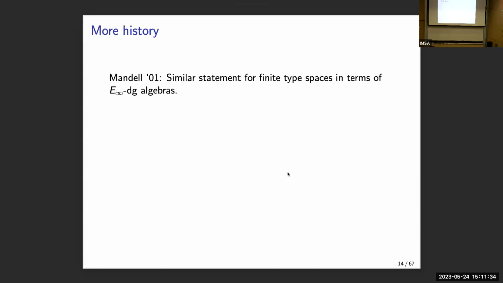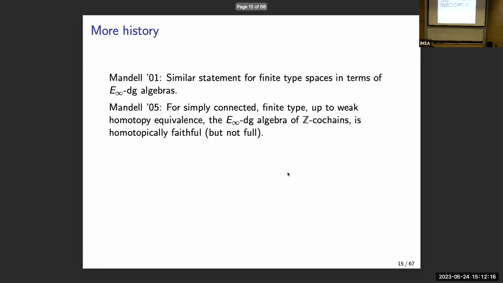And some more history, Mike Mandell considered another version of this problem. Now, instead of using simplicial coalgebras of chains, using DG algebras equipped with additional structure, that of an E-infinity structure. So Mandell proved a similar statement as Goerss in a dual setting, working with algebras instead of coalgebras, and working with DG objects, which are commutative up to higher homotopy. Okay. And furthermore,